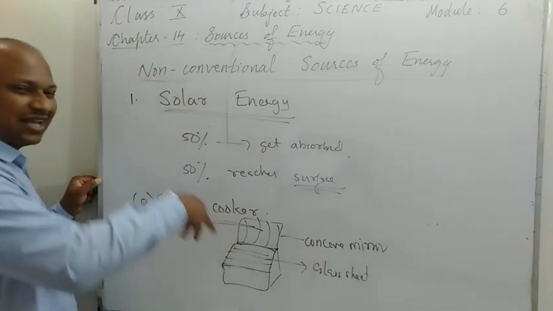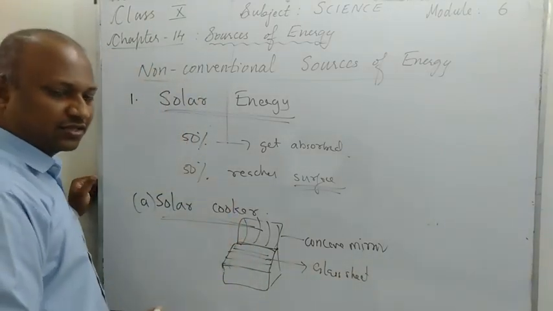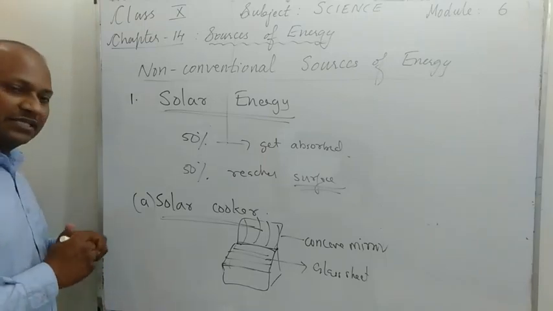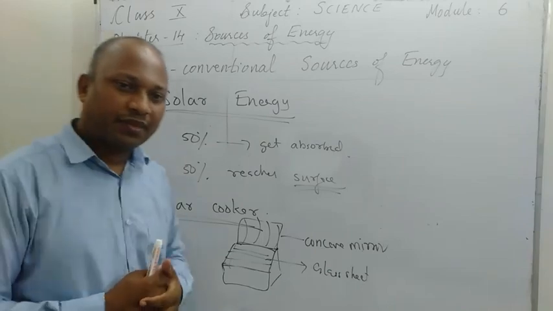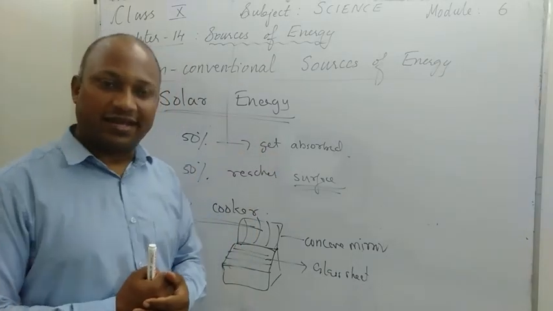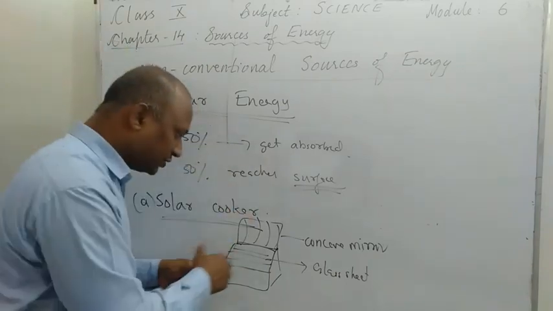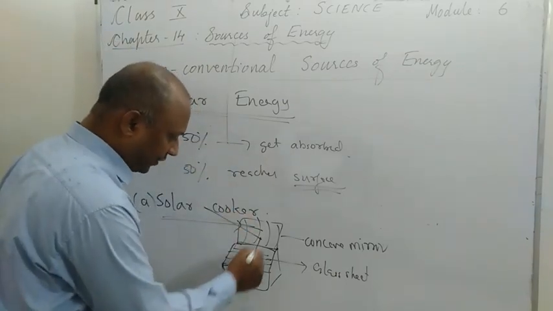And the inside of the box is blackened. So we can say that the black color absorbs more heat energy, and the concave mirror focuses a lot of rays into this